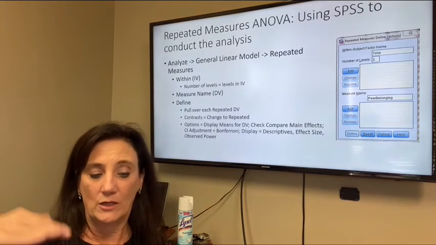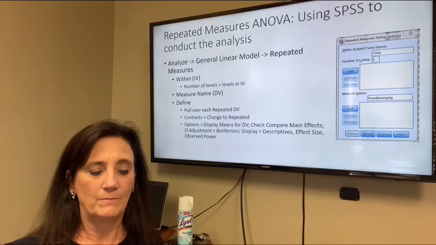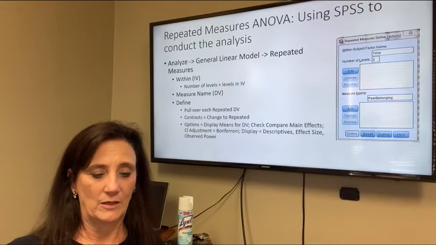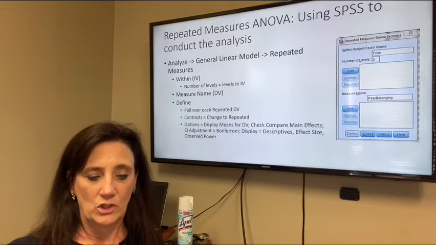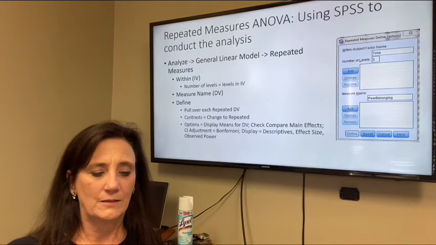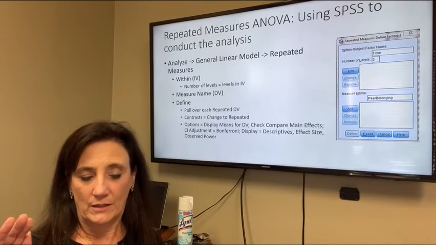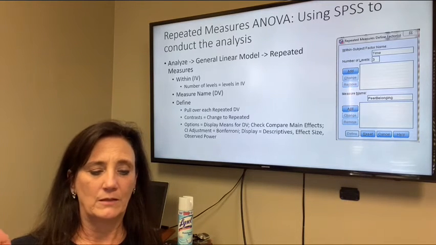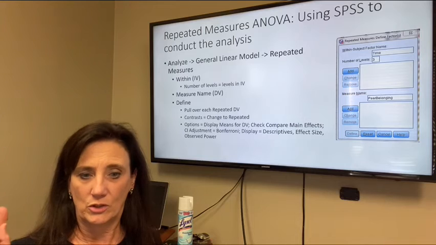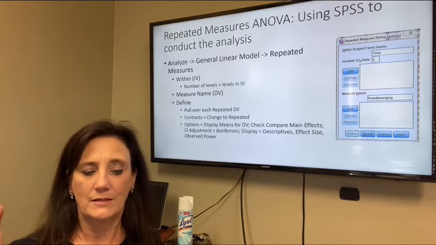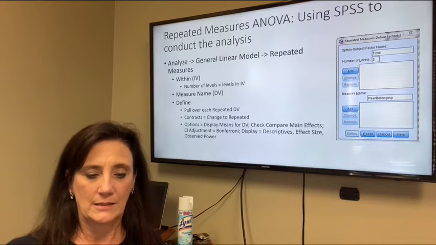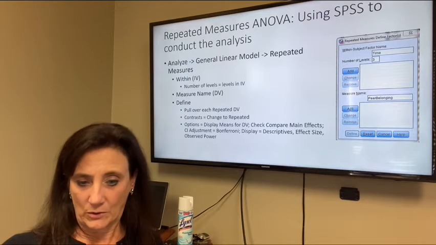You have to change your contrast to repeated. You have to do options and do display means for dependent variable. And then you need to check compare main effects. For the CI adjustment, you want to do Bonferroni. For the display, you want to choose descriptives, effect size, and observed power. So do all those things, hit OK,